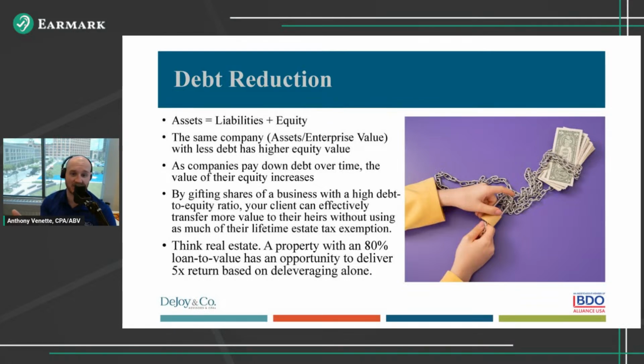So this can be a concept if we apply it to something like a real estate holding company, where maybe they start with an 80% loan to value. If we pay down that loan over time with no appreciation whatsoever, we've accrued a 5x benefit, going from 20% equity to 100% equity. Now, part of that is ideas with cash planning around it, but definitely an interesting idea here.